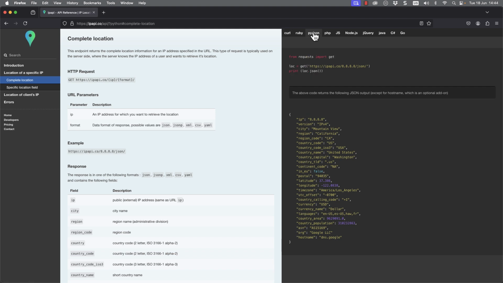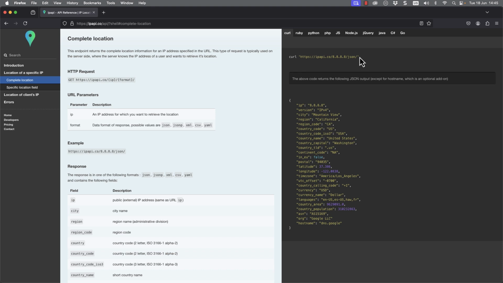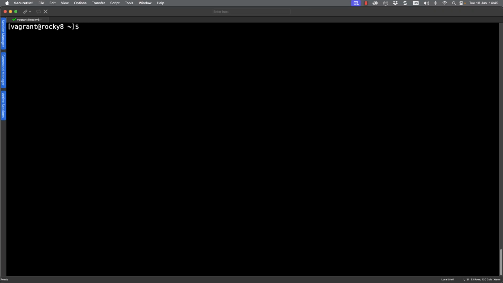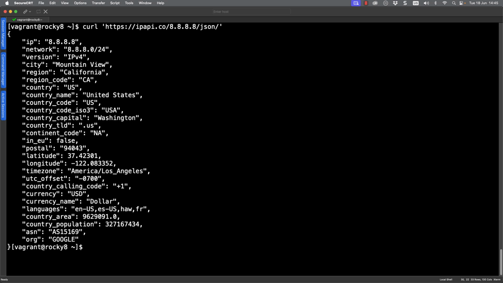So if we wanted to see how to return that information with Python, we can see that we're working with our typical requests module, and then we're sending our request through to the API. Now for the moment, just for a quick demonstration, if I grab hold of the curl information and copy this, we can see this working from our command line. It's always good to test it from the command line before we start writing code, to make sure our understanding is working properly. So if we choose the IP address and look at it in JSON format, we get the complete information coming back.